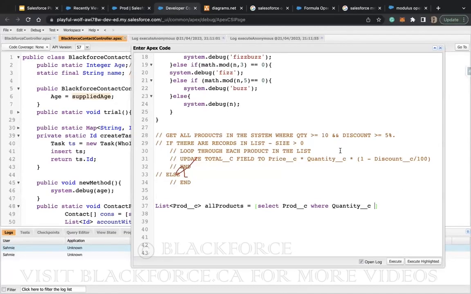Where quantity is greater than equal to, we can type it directly like that. You sure? Yes, we can type it like that. Okay. Then and